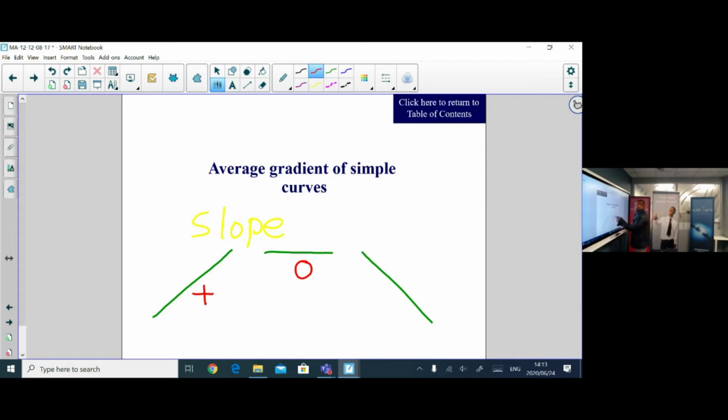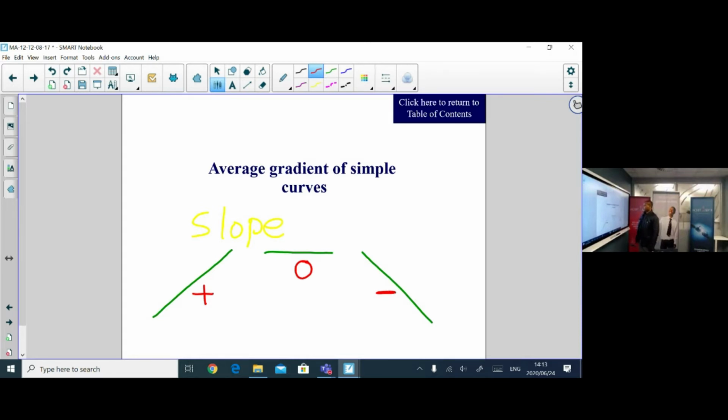Then on this part where you're going downhill, you are actually being pushed to fall down, isn't it? So you are actually getting the energy to move. So we call that slope negative. So in essence,